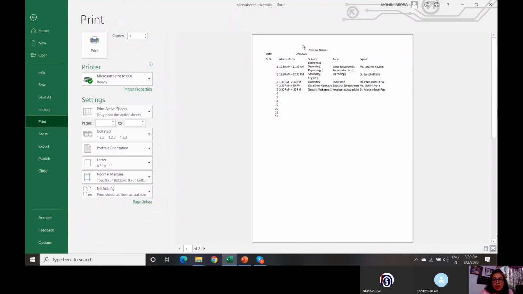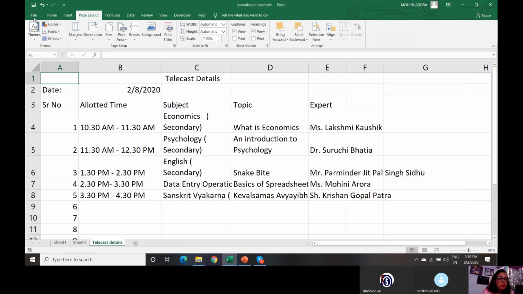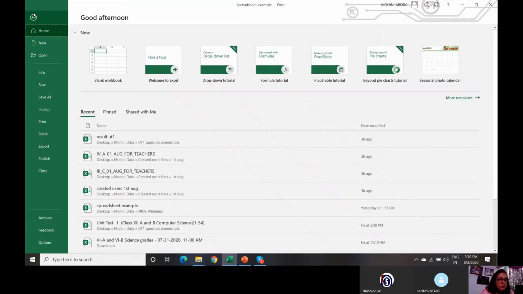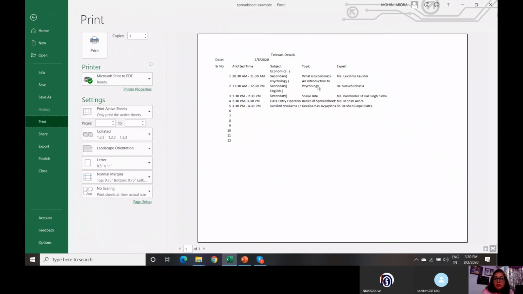See, if you click on Print, your worksheet is visible here. The preview shows how your worksheet will look when you print it. If you feel the preview is not what you wanted, you can always go back. This is the back arrow. You can make the changes that you want in the worksheet. Say I would like to change the orientation to landscape. Once you are done, save the file again, go back to the File menu and click on Print. See the preview. Now this is the landscape view of the worksheet.